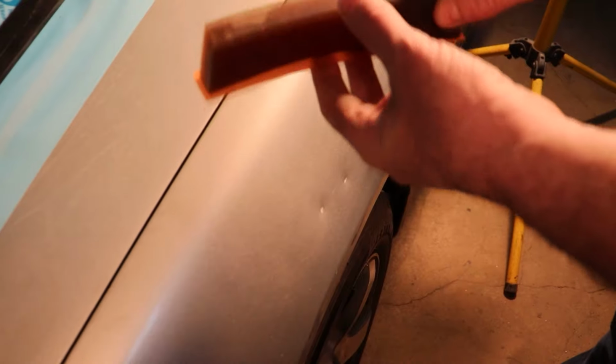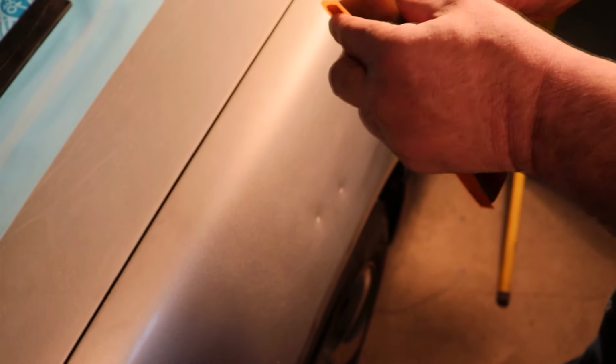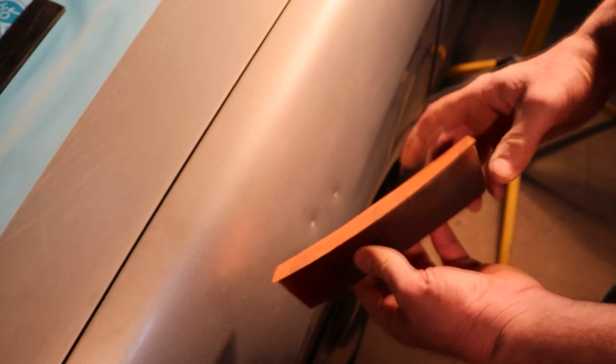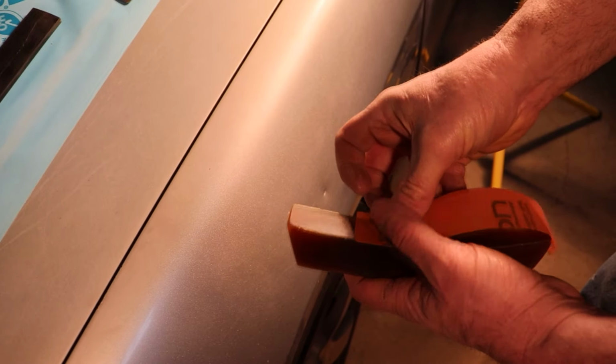We're going to demonstrate. This is a 7x1 compound curved block. This is 180 grade adhesive back paper, and we have it on the compound side of the block. Now you could see this fits really well on this panel. Now, if we don't want to disturb such a big area, we can just use